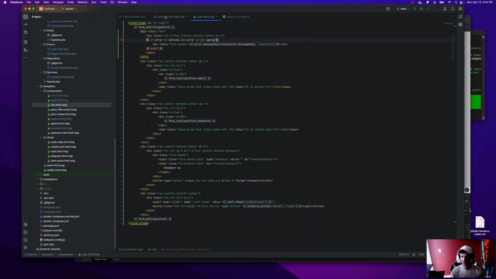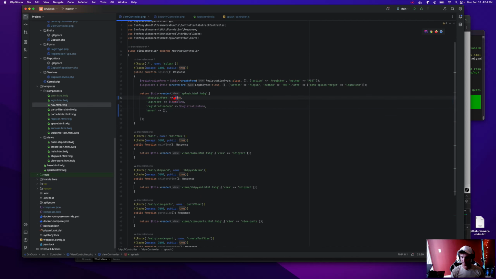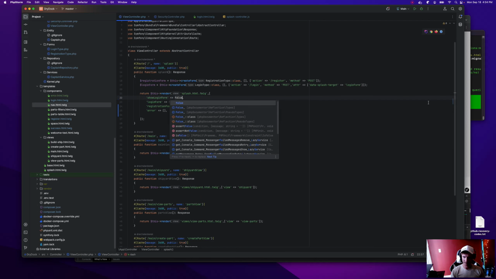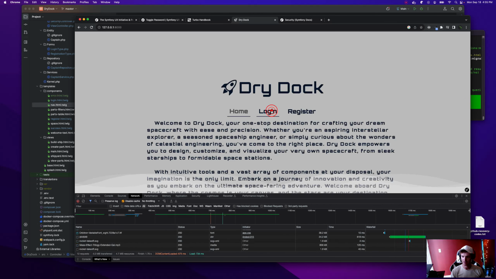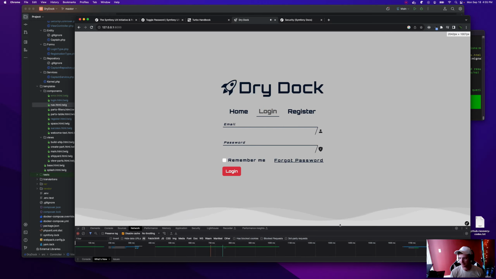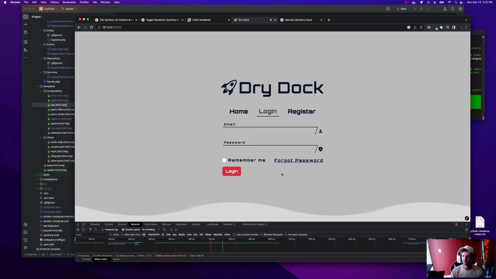And splash, we can put this back to show login being false. Always good in your twigs to check is defined. So that way, if you're using a variable in one controller but not in another, and the twig's expecting it, because we're reusing twigs all the time, nothing breaks. It's just a good way to check.